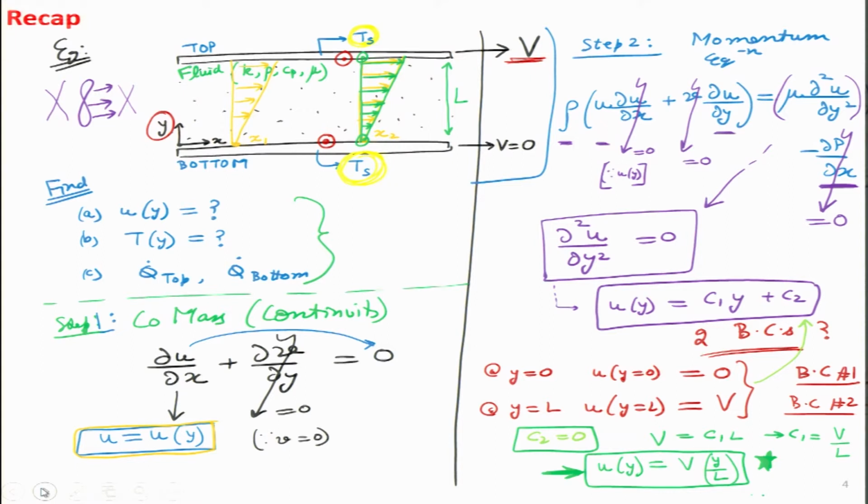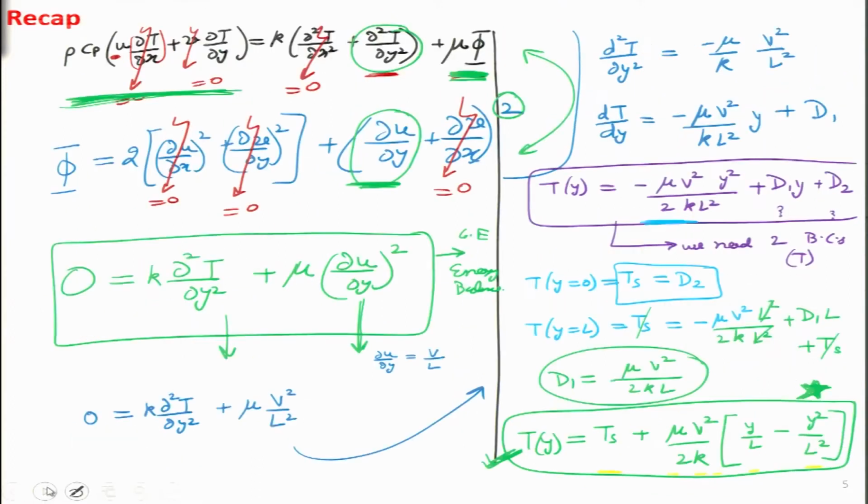In order to understand these equations in more detail, we looked at a solved example as shown in this schematic, in which the bottom plate is fixed and the top plate is moving with a constant velocity capital V. We wanted to figure out parameters like the velocity profile, the temperature profile, and the rate of heat transfer from the top and bottom surface. We calculated this temperature profile, which is the solution we obtained after applying the conservation of mass, momentum and energy balance equations.